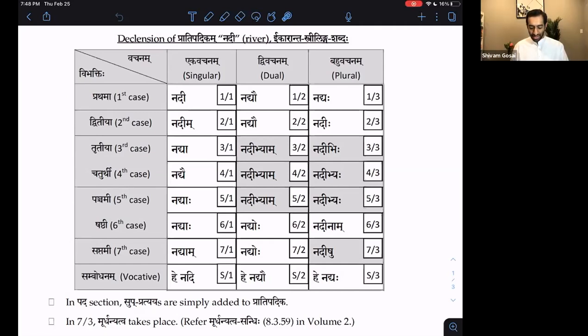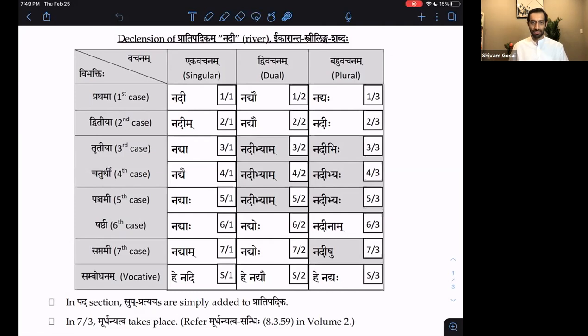These first two cases are slightly new, but then these will start looking familiar. Nadya, nadibhyam, nadibhi. And 4-1, nadyai, nadibhyam, nadibhya. Five one, nadyaha, nadibhyam, nadibhya. I'm making it a little longer just to exaggerate, just so you make sure you do it long. Sixth case, nadyaha, and nadyoho,